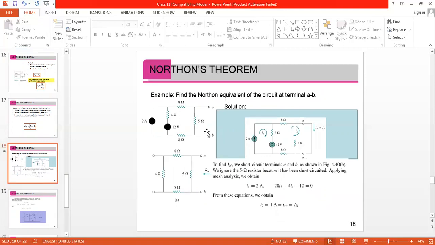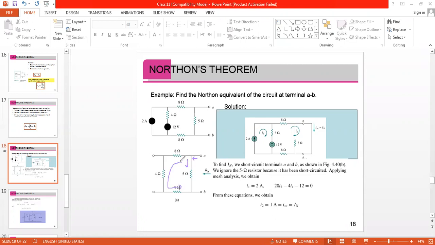So to find the Thevenin resistance, you know that you have to replace the current source with an open circuit and a voltage source with a short circuit. And then you have to look at the circuit from these terminals A and B. Now, if you go from here, when you reach here, you can see there are two paths. The first one is this one, and the other one is this path.